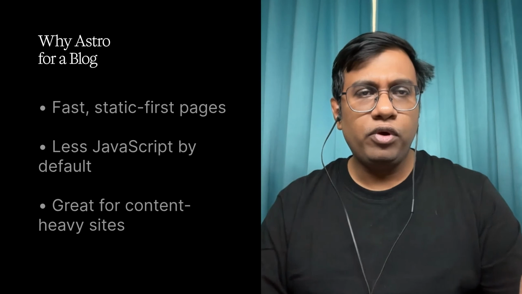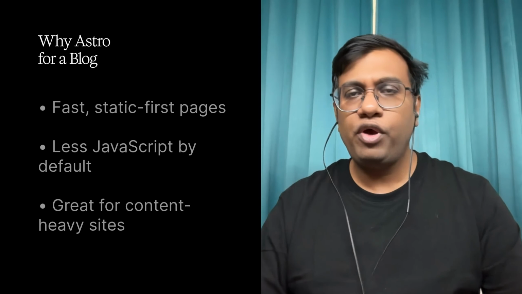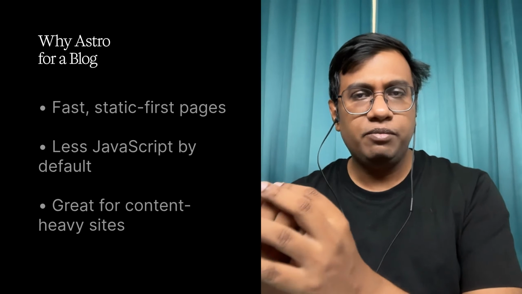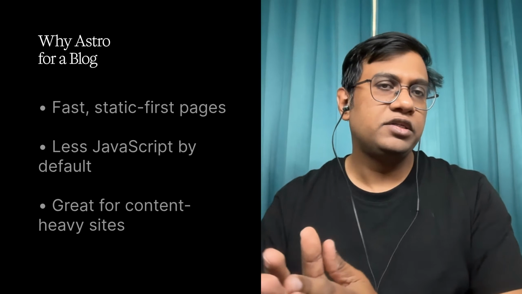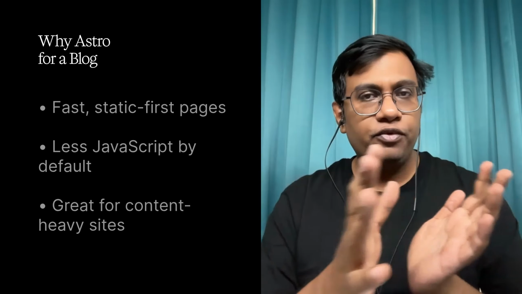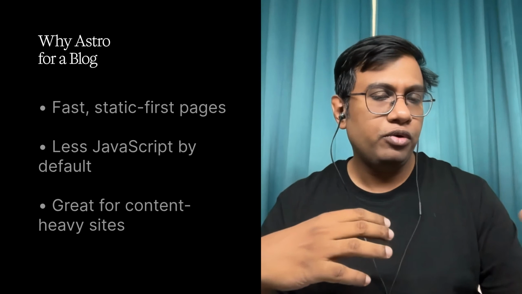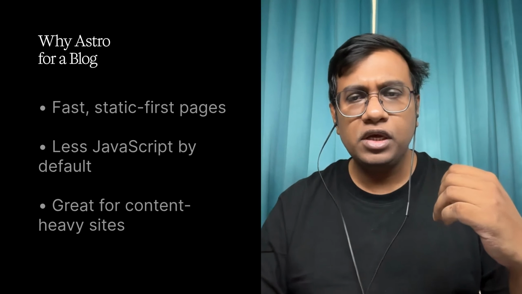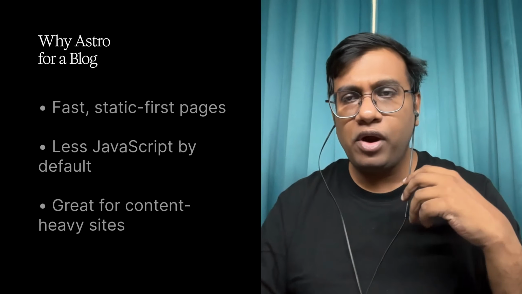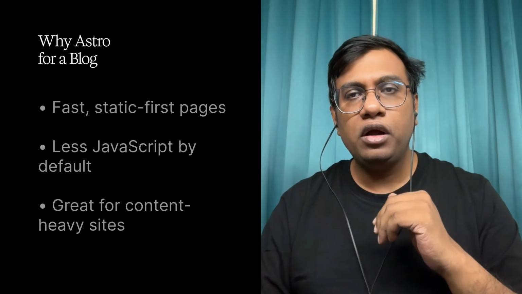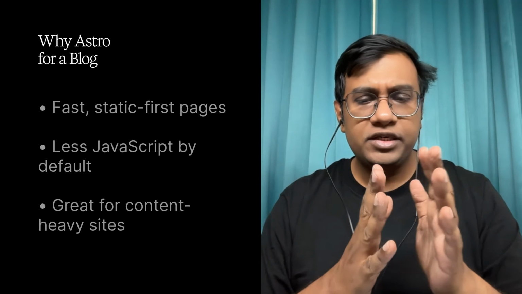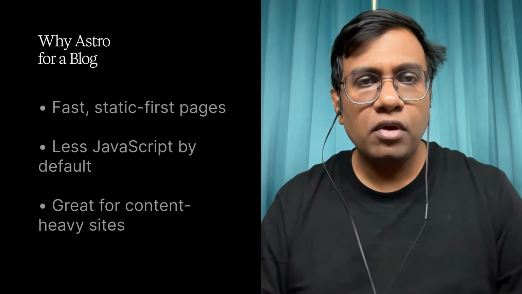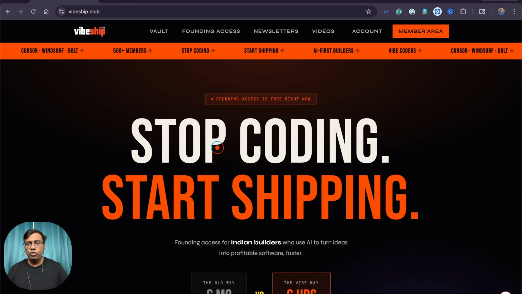If you are a programmer, you will understand the implications of heavily JavaScript-loaded applications versus light applications. If you are not a developer or programmer, and don't know what Astro is, let's just go with Astro and understand how we can use it to build our own blog in, let's say, the next half an hour or so. So I'm going to go to Cursor now,